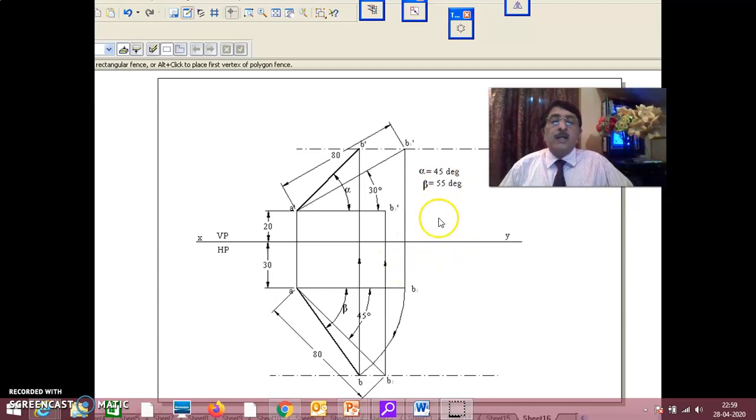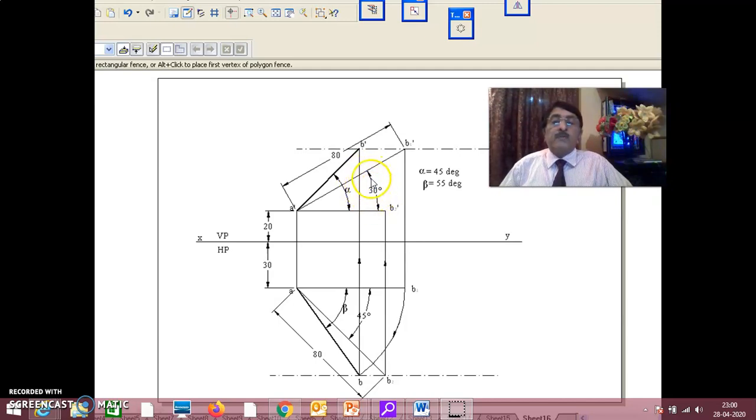See here, I'll list out the parameters. Please remember this. These parameters keep changing, and every parameter changing will be a problem on its own. Now you see here, 30 degrees to HP. You normally call it theta, that is given, that is why 30 degree. Okay, theta 30 degree, this is a parameter.